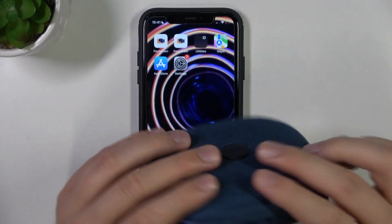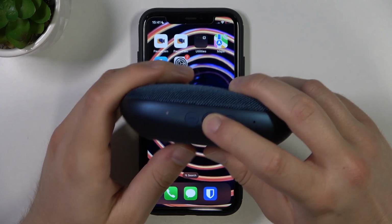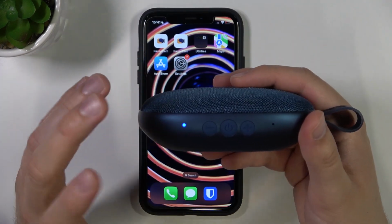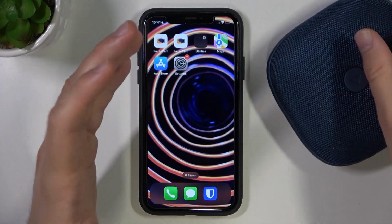So first of all, you need to grab your speaker and find this power button. You have to click and hold it until this indicator turns on. And right now you can release that button. As you can see, after a few moments the indicator is blinking, so it means that we can simply pair it